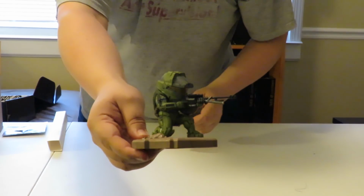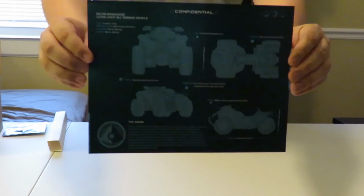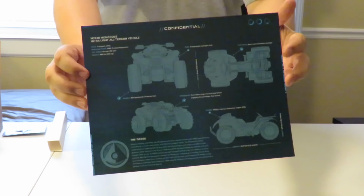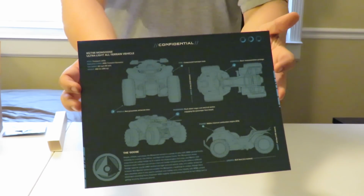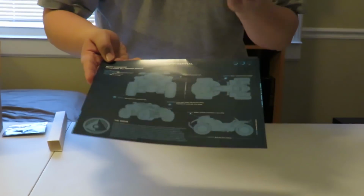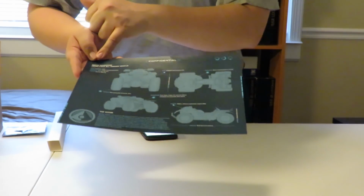Battle scarf. So, it's a pretty cool figure. Following in the footsteps of the most recent crate, with its pelican, we have a diagram of the Mongoose. Specifically, interestingly enough, I'm going to cover the positives here first. The